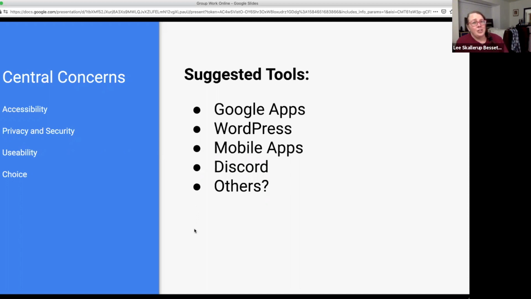So again, this is just a very general introduction. I could spend an hour just listing tools, but I don't think that'd be really beneficial, and it would just be really overwhelming. So does anybody have any other tools that they've used or are thinking of using with their students that they've had success with, that they're interested in exploring? Please share those in the chat.